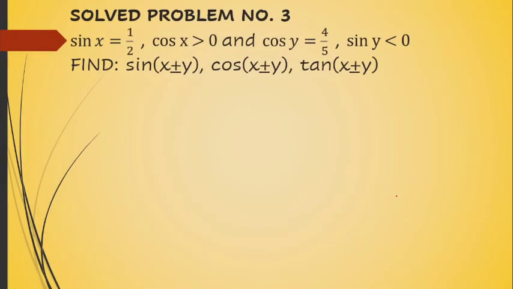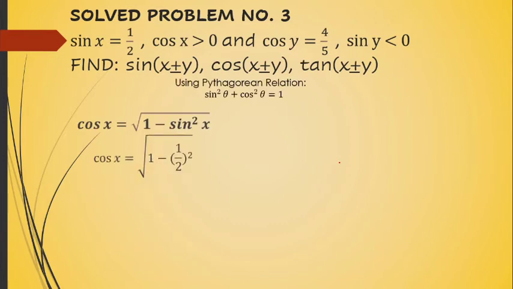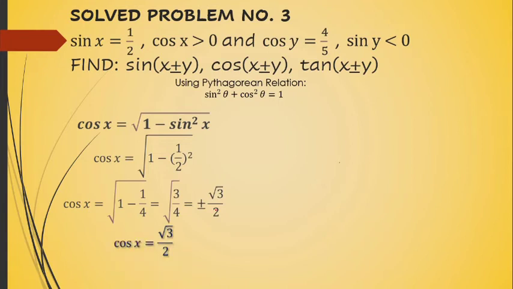Solve problem number 3. Medyo mahaba-haba to. Using Pythagorean relation, sinolve po natin. So, 1 minus 1/4 is 3/4, and you're going to find the square root. 3 is still a rational number or real number. And this is your cosine. Cosine is supposed to be greater than 0, kaya it's positive. Ito naman,